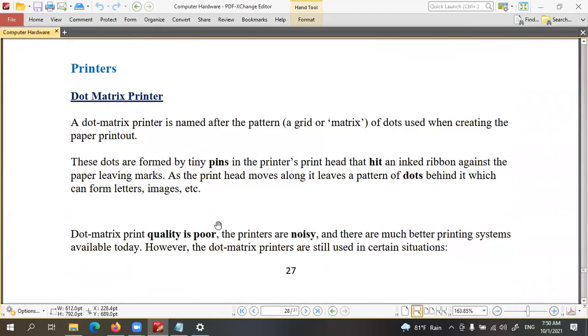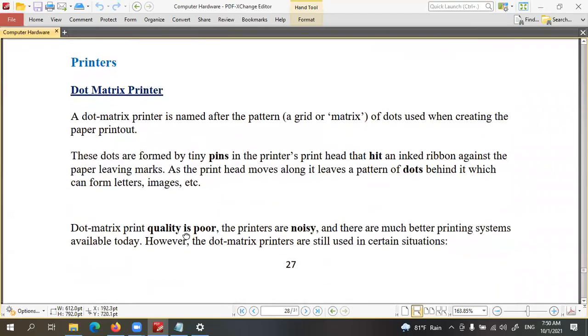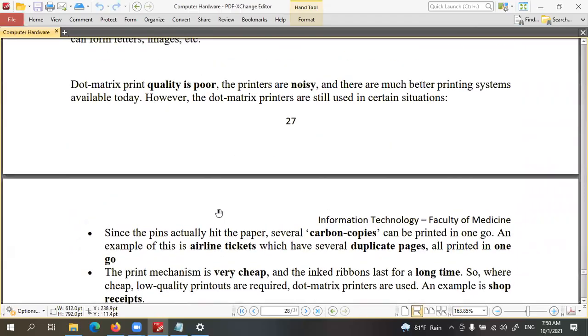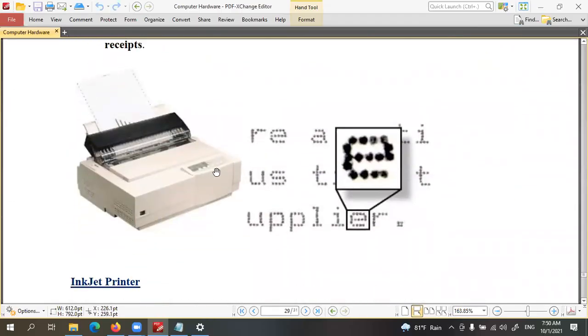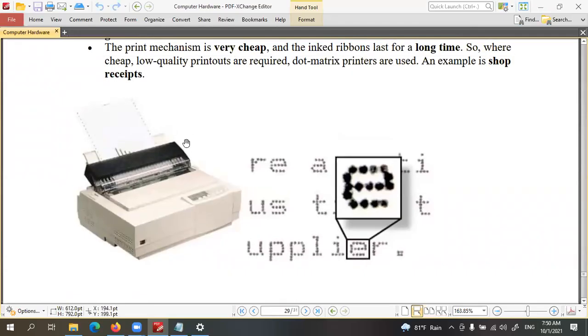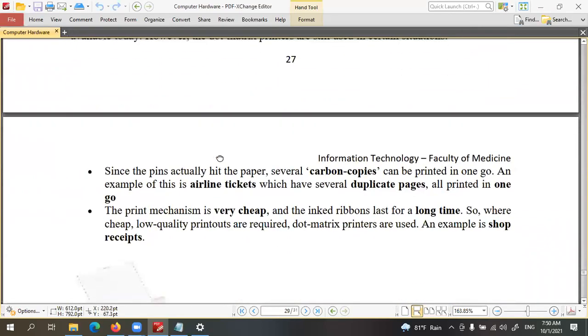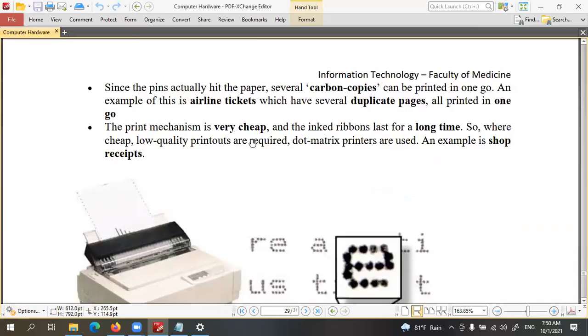Then printers, right? There are again several types of printers. One is called the dot matrix printer. You can see the image of the printer here. I think you also have some experience with these dot matrix printers. If you are going to pay a water bill, an electricity bill, or a mobile or communication bill, in those places they have these dot matrix printers because the cost per print is very low.